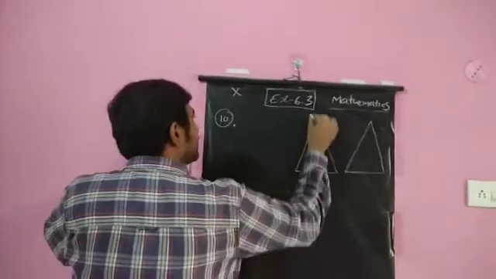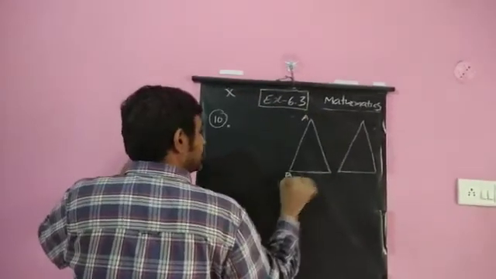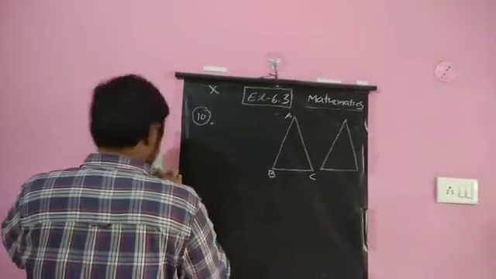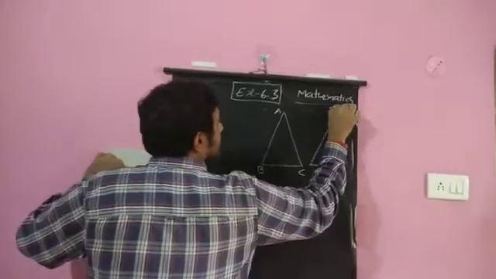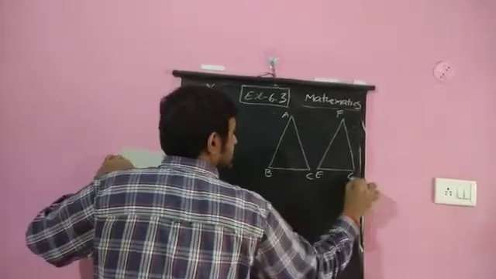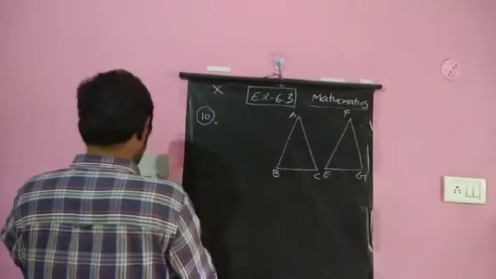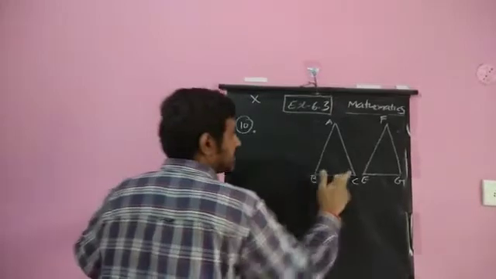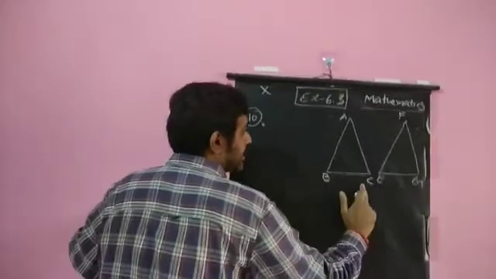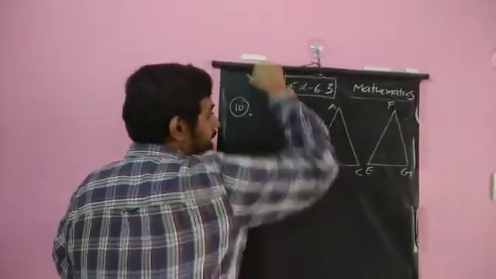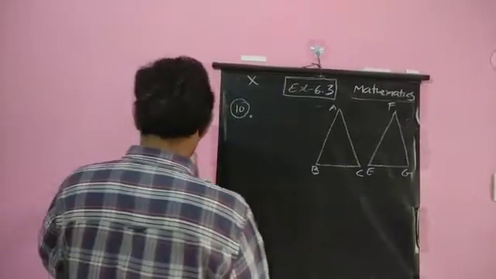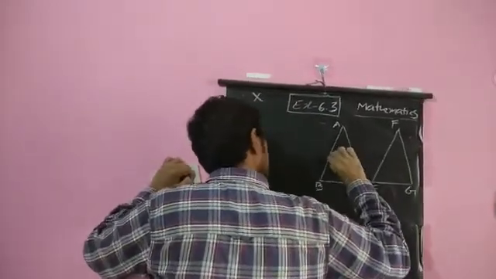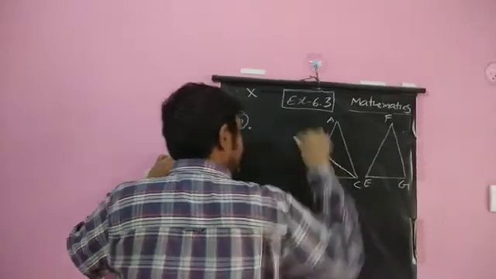Triangle ABC, I am writing it as A, B, C here. The other triangle is what? FEG. They said that CD and GH. So C I wrote here, so I'm writing it as ABC here. I wrote C here so that I can draw the bisector CD. So D I will take here, CD.